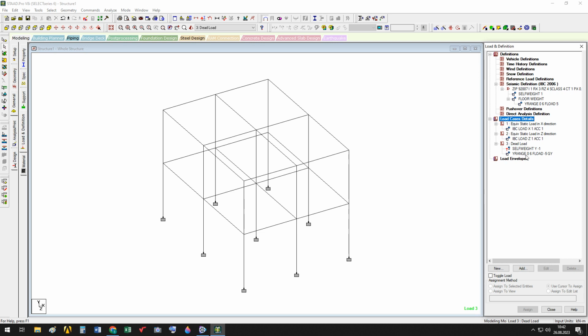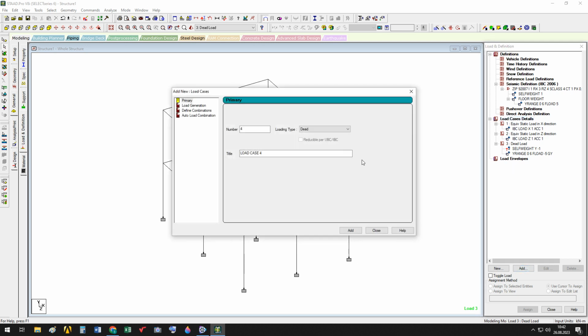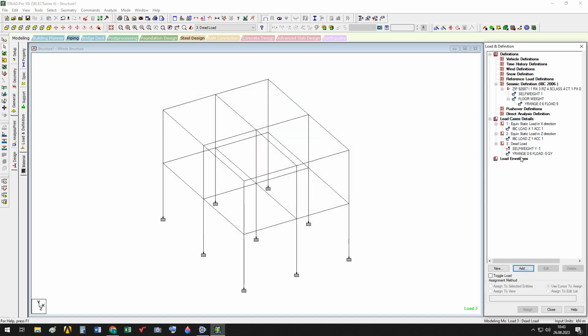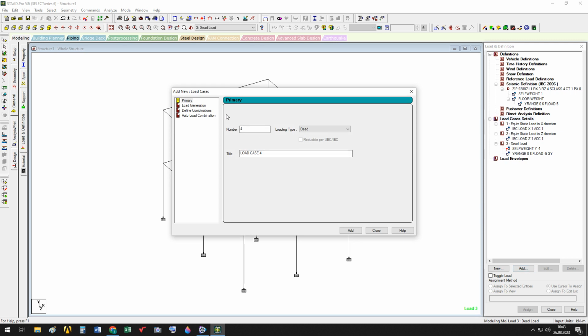Here I will add another load case. Actually, it is a combination load. We can create a combination by means of this command, or we can do something different. Now add, it's a primary load,